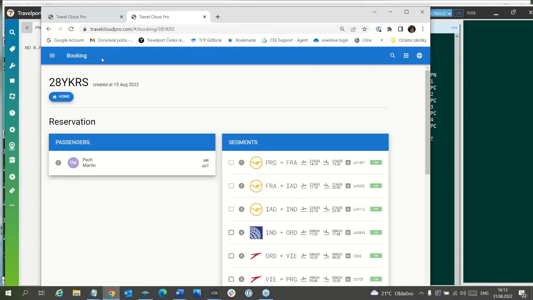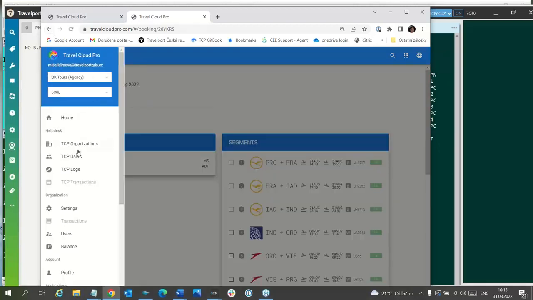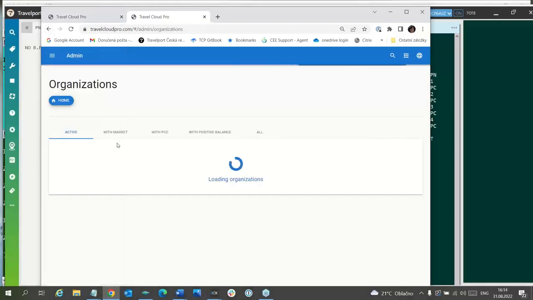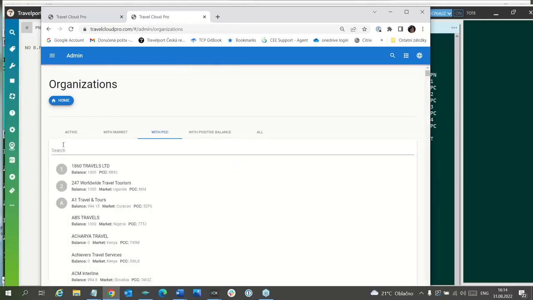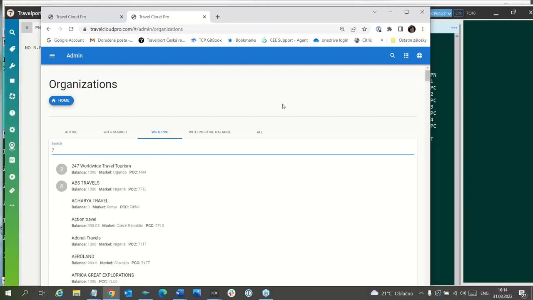I cannot use the icon when I don't have a PNR, and it is a ticket from another PCC, so I have to change everything. I have to change to the other agency and other PCC, because I have the right to change it.